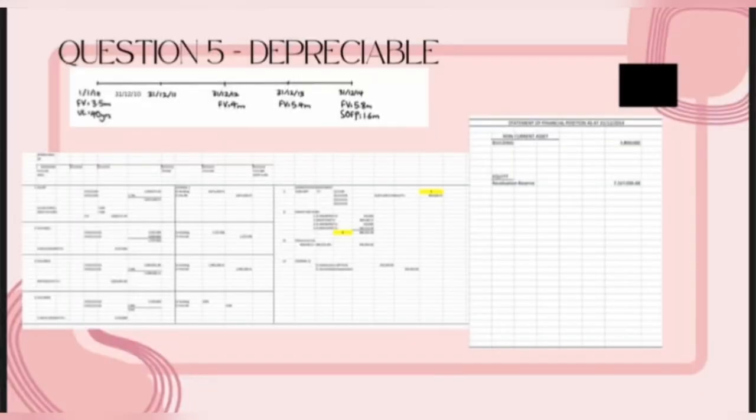268,838.76. Question 5, depreciable. It started on January 1st, 2010 till 31 December 2014, and it took 5 years in that timeline. First step is pre-RR. We need to find the CV in 2010, and we already got the fair value, which is 3.5 million. To find the CV, we need CV minus 5 in brackets CV over 40 years, because the useful life is 40 years, and we will get the amount equal to 1.6 million, and the amount is CV